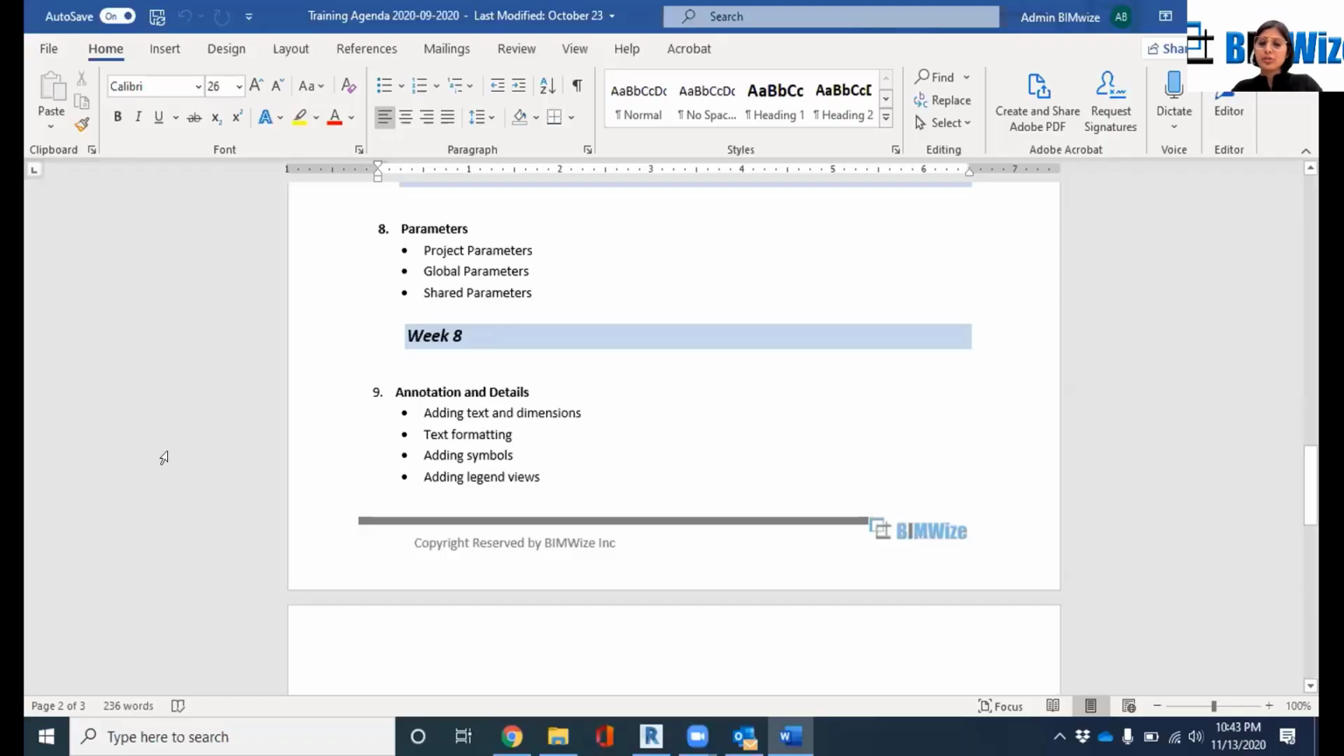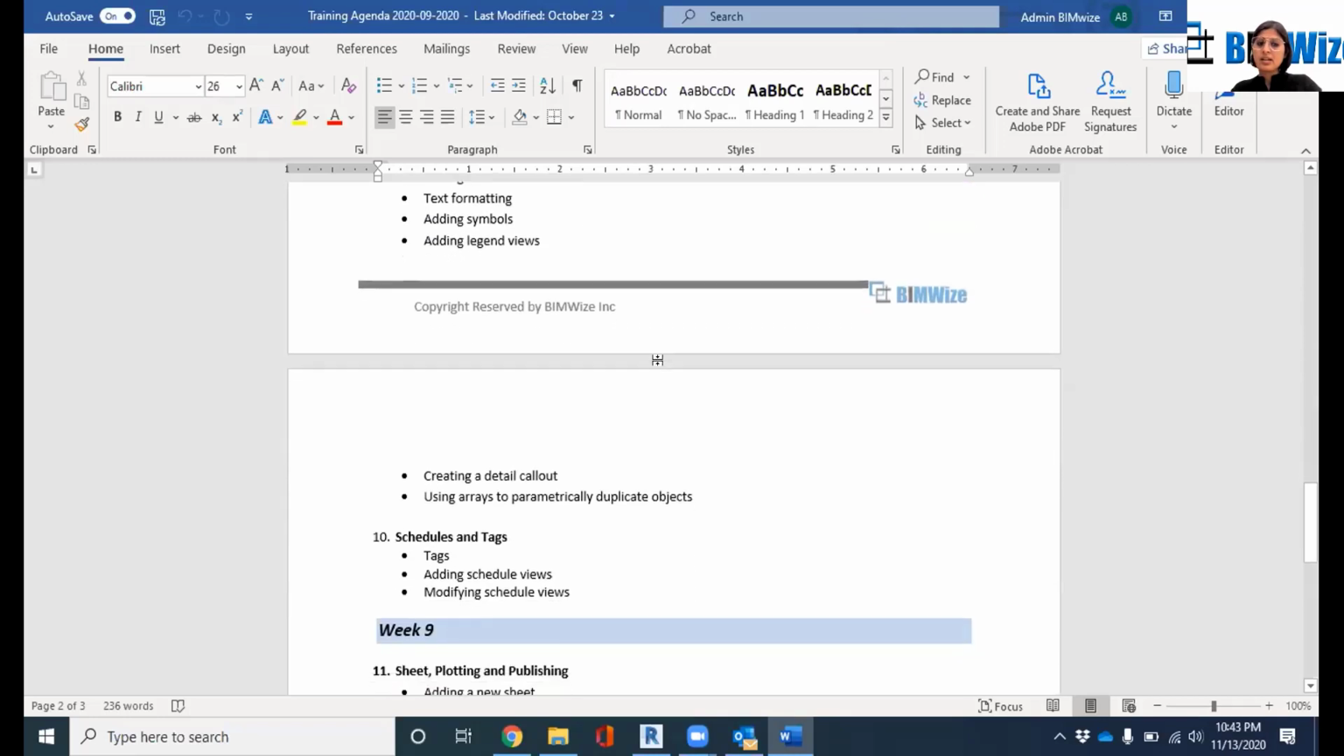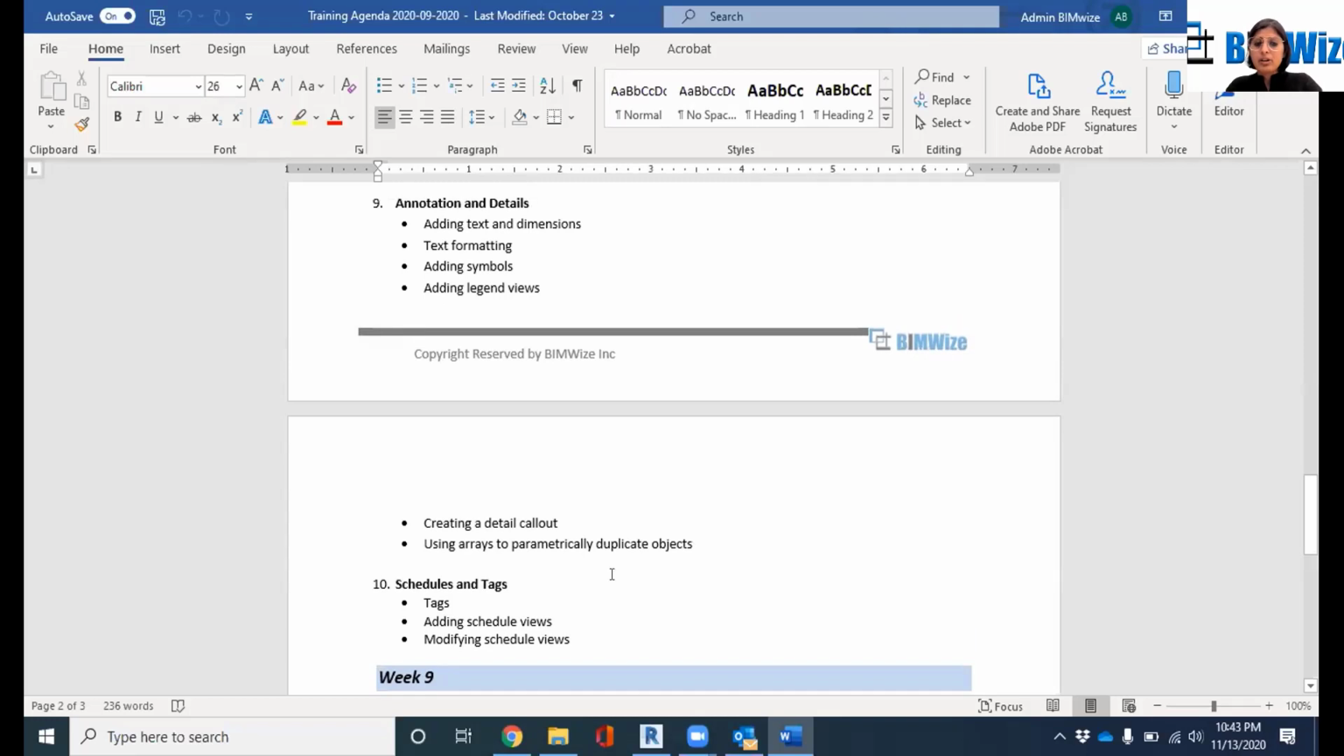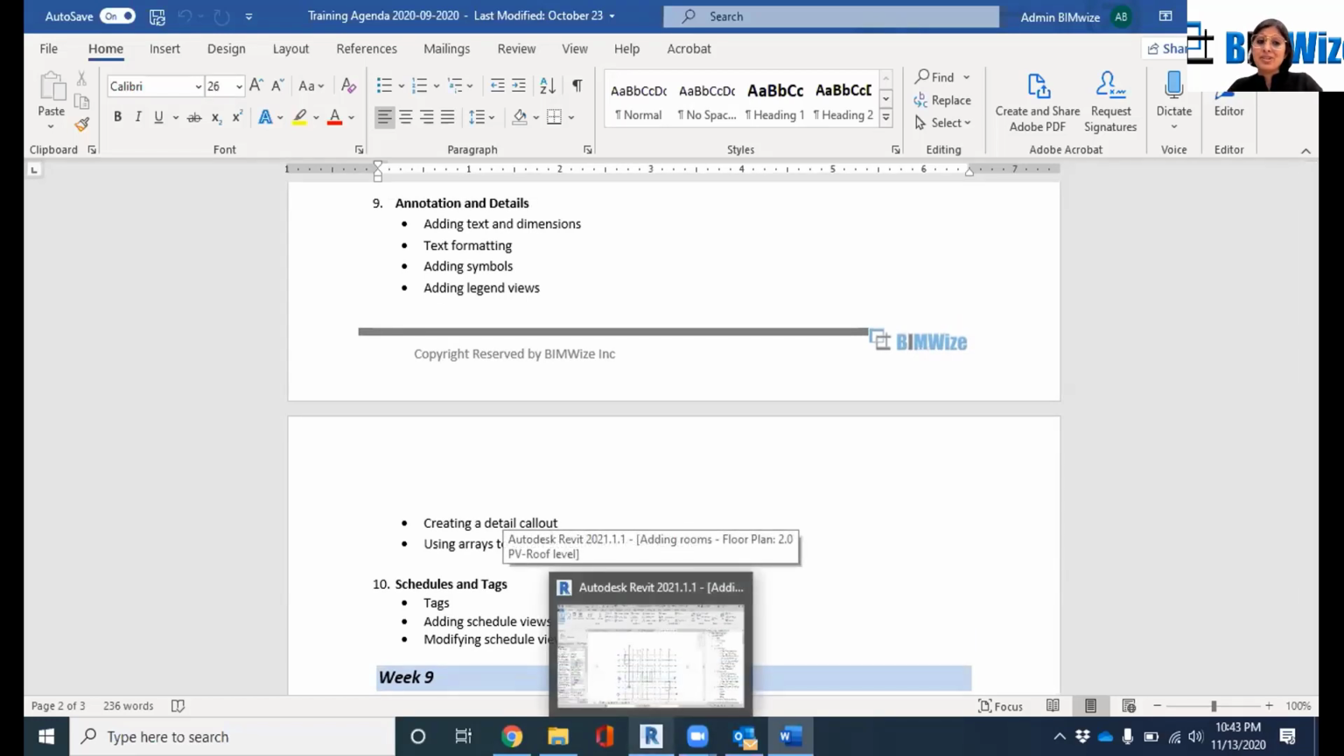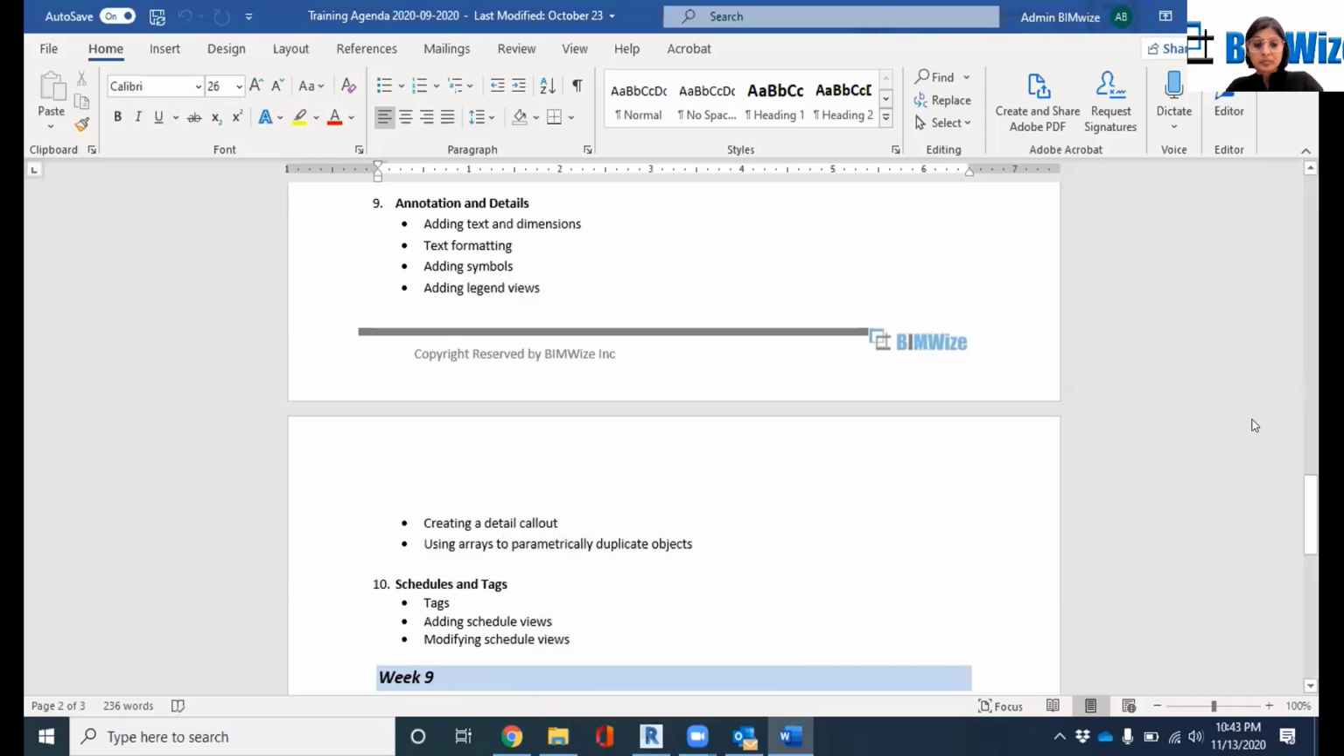So today we are going to do annotations, details, schedules, and tags. It's very, very important because what is an architecture drawing without text, dimensions, tags, symbols, legends, schedules, right? All the information, however detailed drawings I make, however intricate modeling I do,